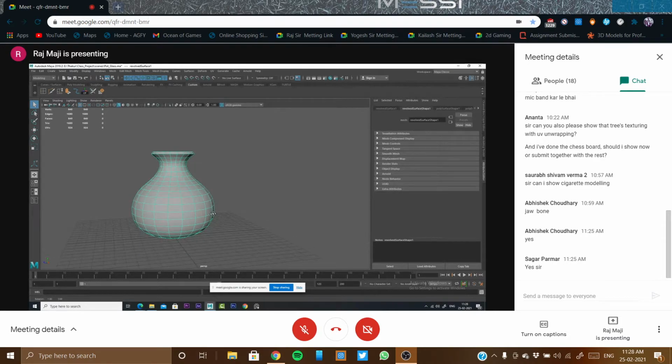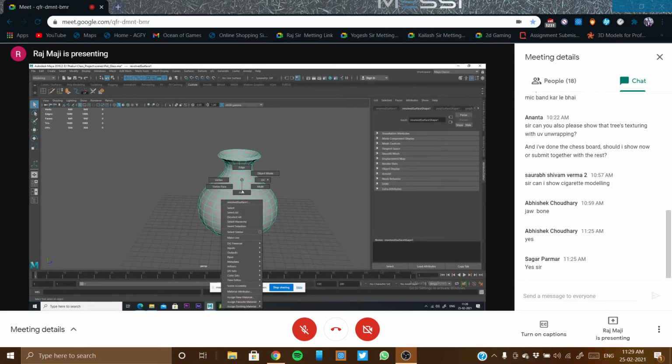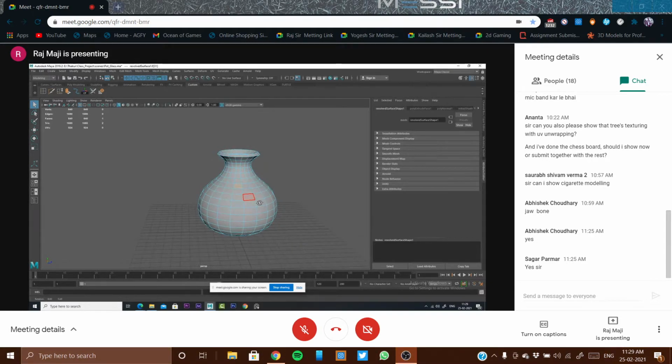Let's try something like in this area. In this area, I'll try to bridge it.